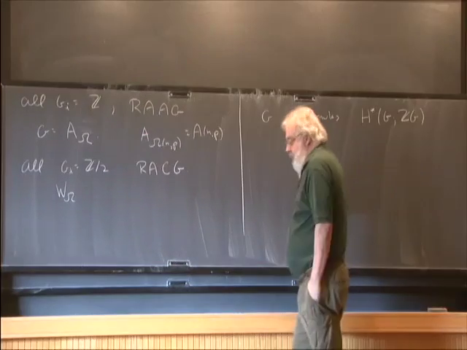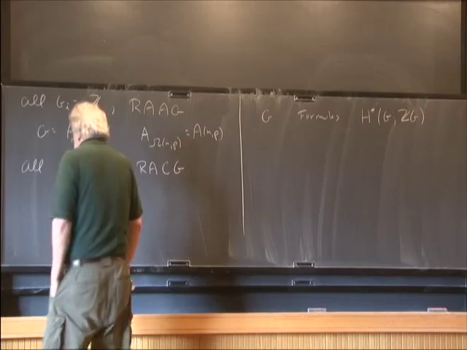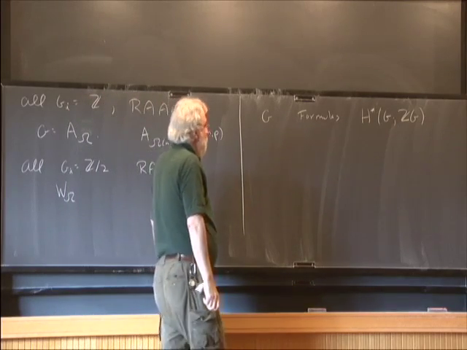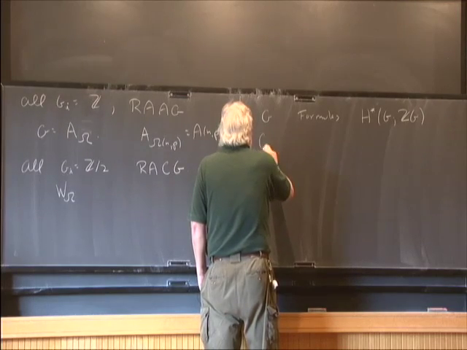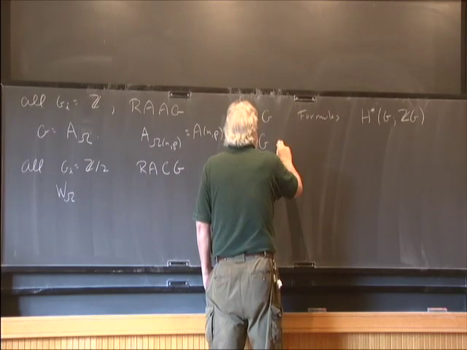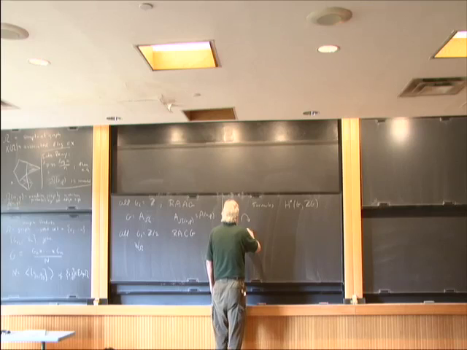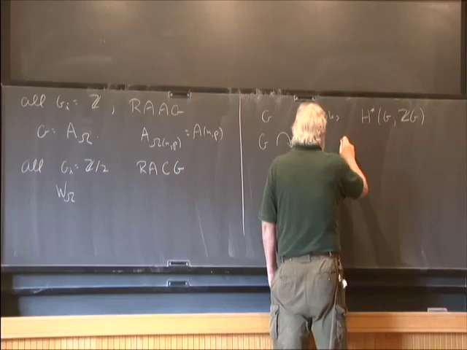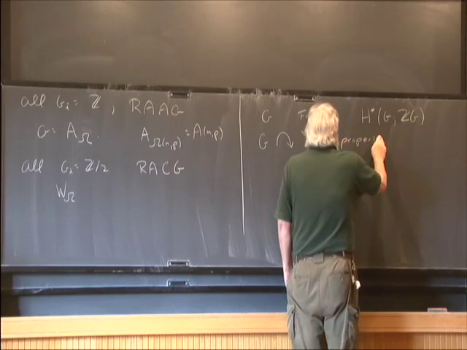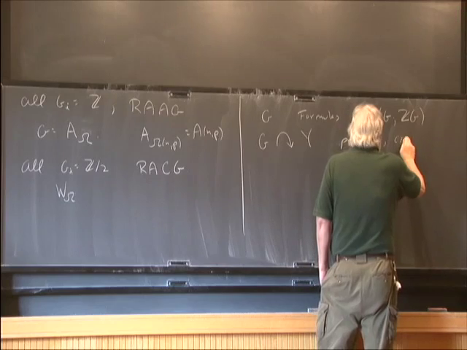Now, what does this mean? In general, the geometric meaning of this is if G acts on a CW complex Y, which is, say, properly, maybe for this statement, co-compactly,